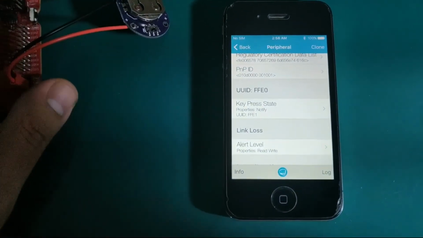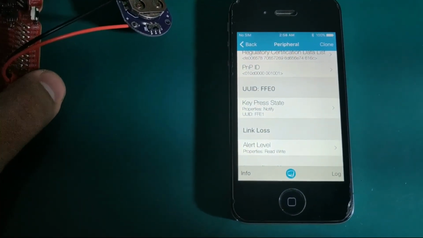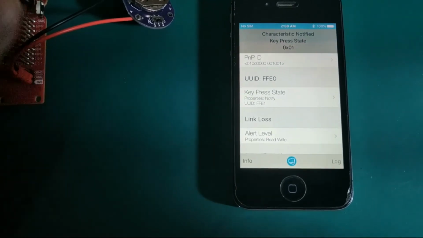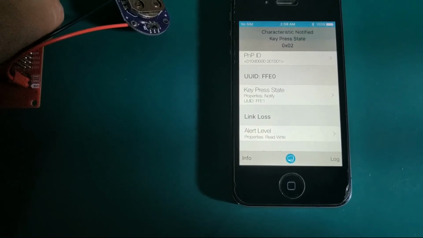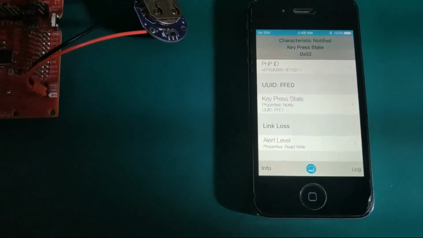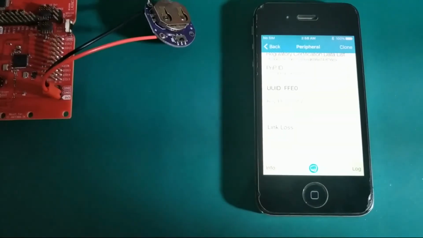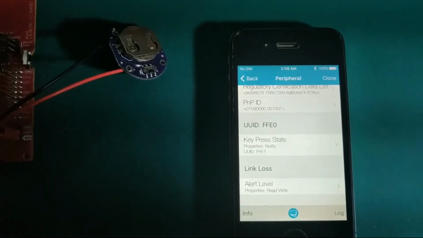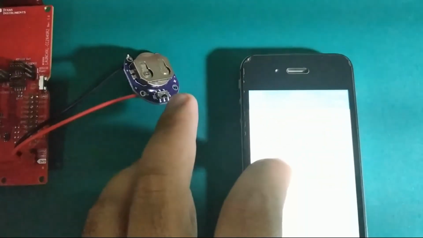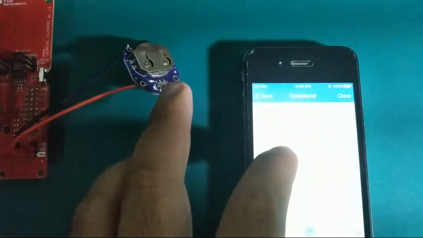Okay, so I press the left button and then the right button. This key press detection you can use to locate your smartphone. Then for link loss we can set